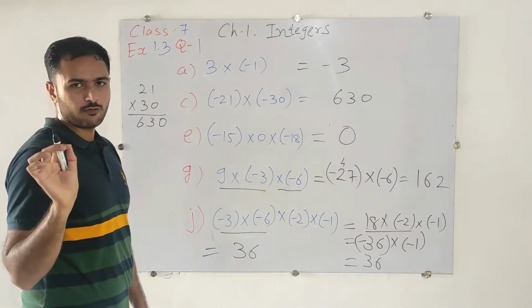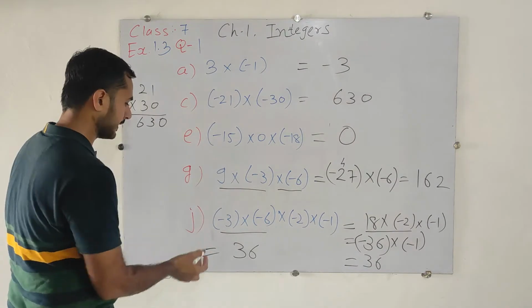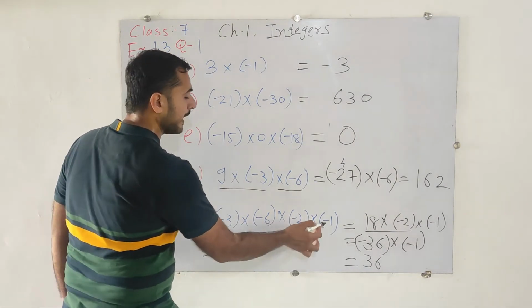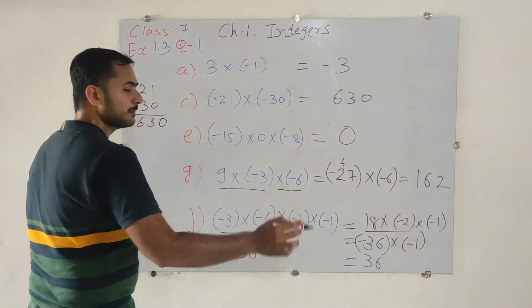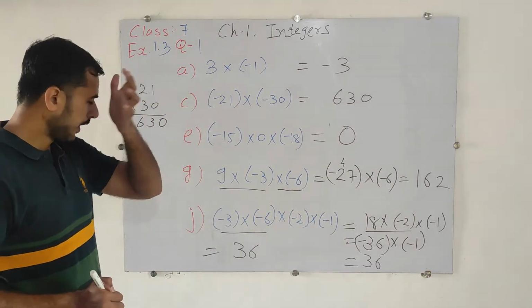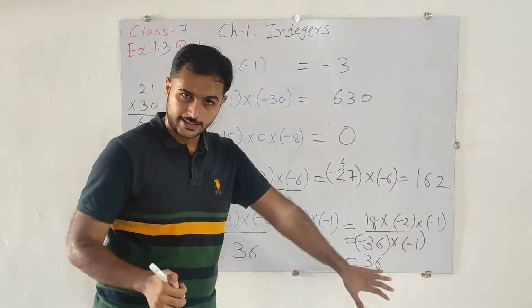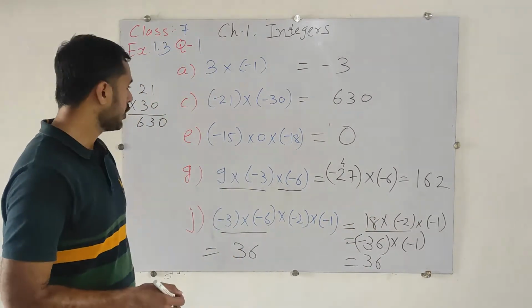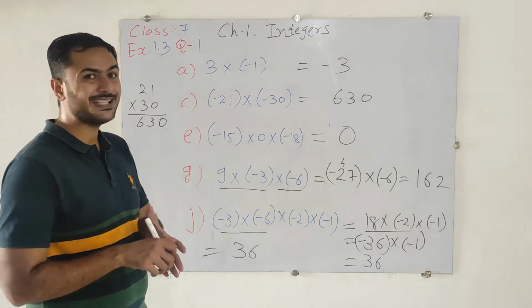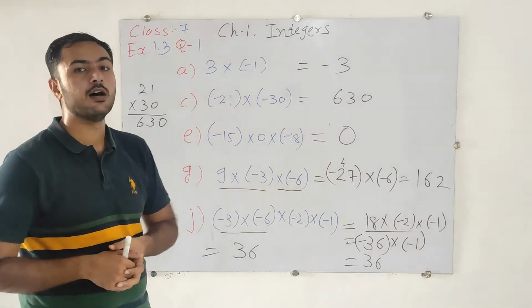Now one more thing we will see, that is the sign. How will we do that? Minus minus plus, plus minus minus, minus minus plus. That's the plus. Okay. In both ways you can do it, but right now you have to do it by this way only. Clear? Now just pause the video and note it down, and don't forget to complete the remaining sub questions of question number 1.